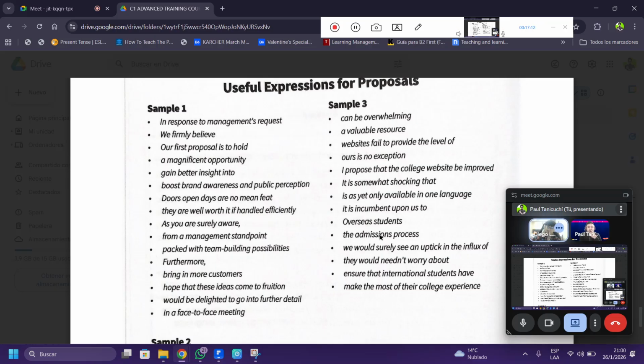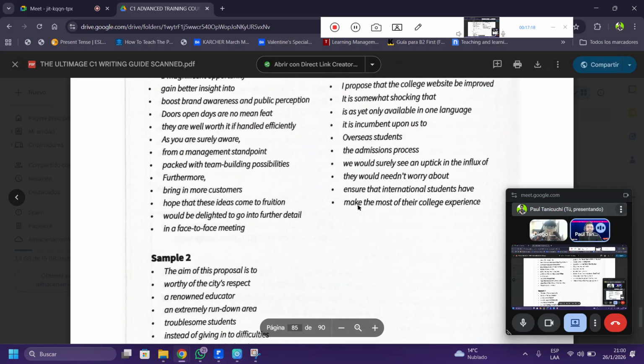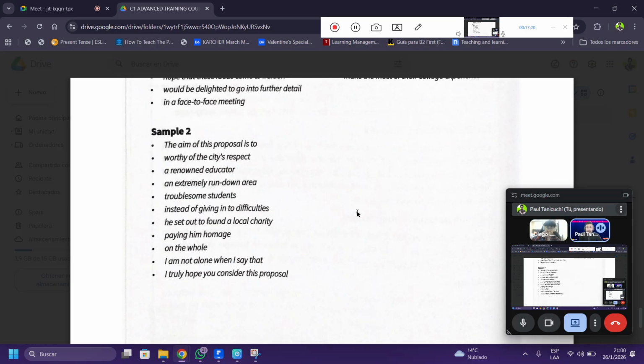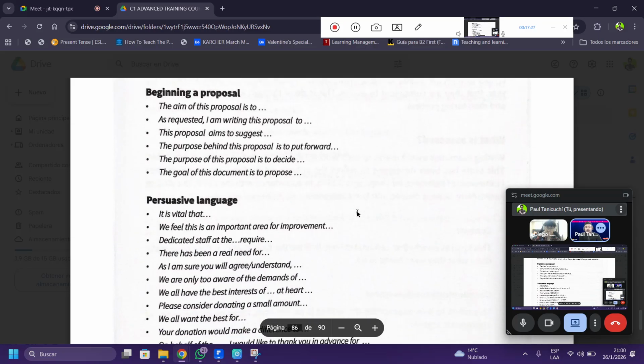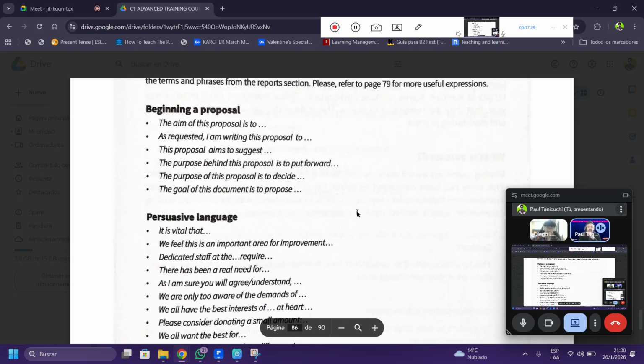Available resource, perception and ideas, overseas students, worthy, and this kind of useful vocabulary. And then you have useful expressions as well. For beginning a proposal, you can say the aim of this proposal is to, as requested, I am writing this proposal to, this proposal aims to suggest, or the purpose behind this proposal is to put forward.